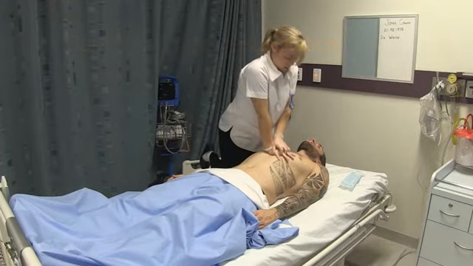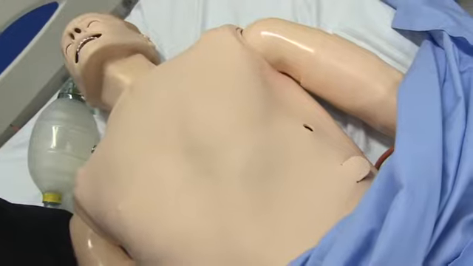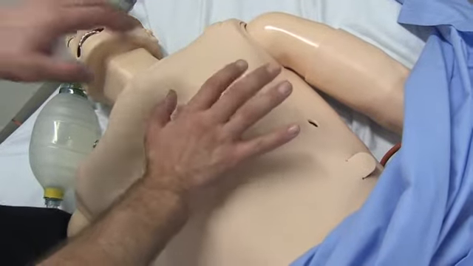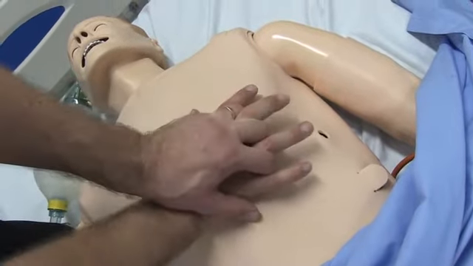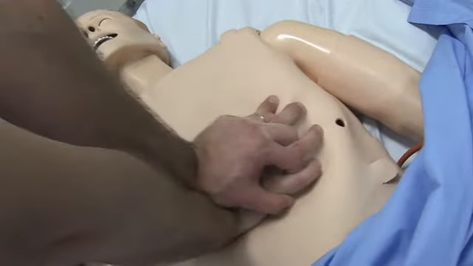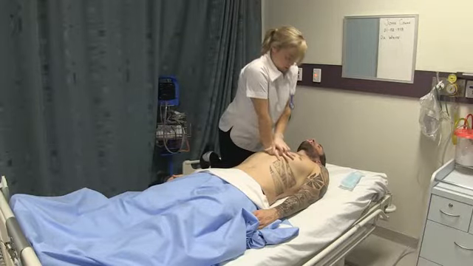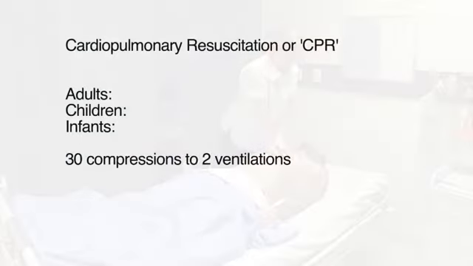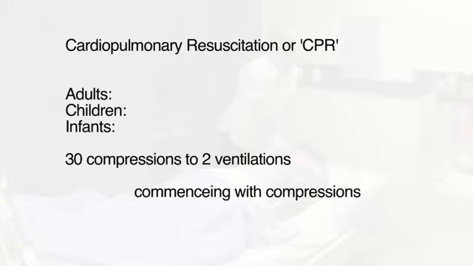Cardiopulmonary resuscitation. External compression of the heart is facilitated by compressing the heart between the patient's sternum and spinal vertebrae, which must be on a hard and firm surface. Commence compressions by comfortably positioning yourself at the side of the patient, parallel to the patient's sternum. The current guidelines recommend that cardiopulmonary resuscitation, or CPR, for adults, children and infants is 30 compressions to 2 ventilations,